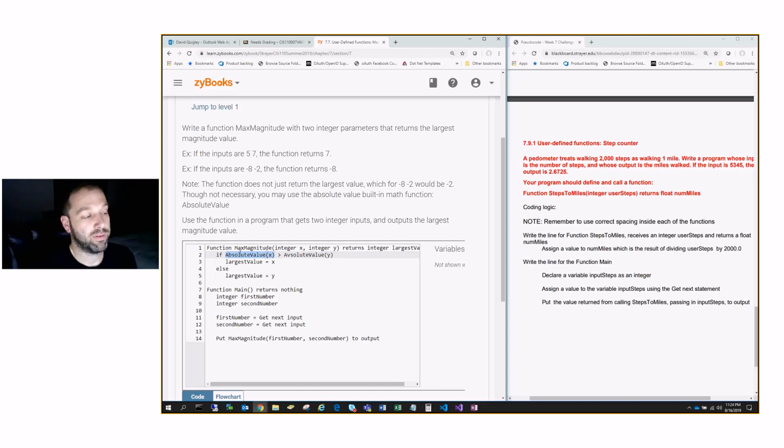So rather than saying X is greater than Y, I'm going to say whatever absolute value I get by passing in X. So that function, if you can imagine somewhere that there's a function defined just like what we have here that's going to return the absolute value. So we're going to say if the result of this function is greater than the result of this function,